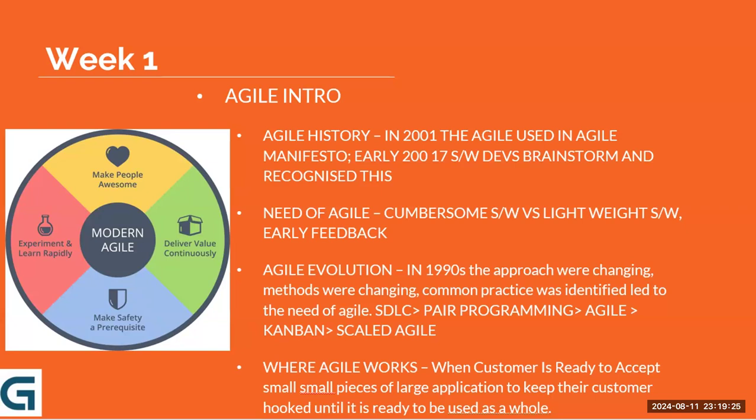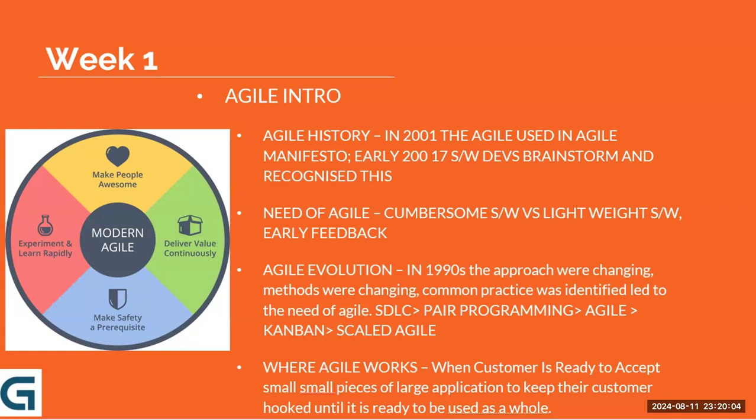And the last point, in the amber shade: Experiment and learn rapidly. Yes. Now this is a key, important keyword here, wherein what it says is that we have to keep experimenting. Keep experimenting means when there is such kind of requirement, there is a rapid implementation, newer changes coming in, the customer is asking for